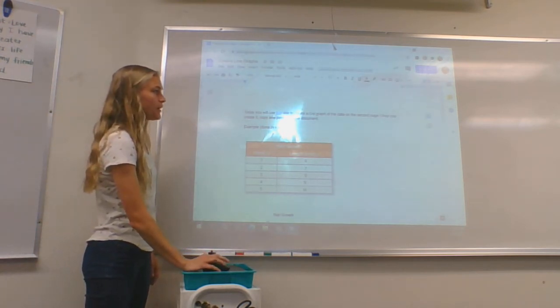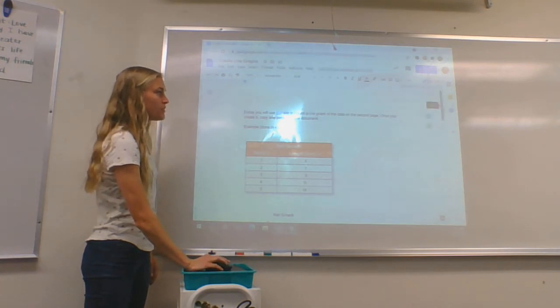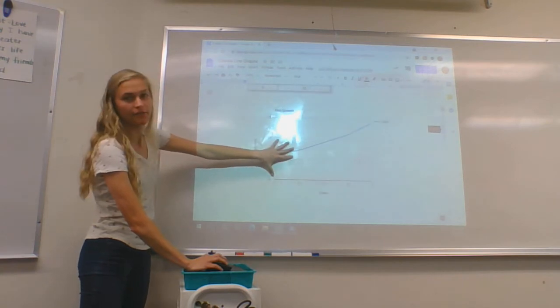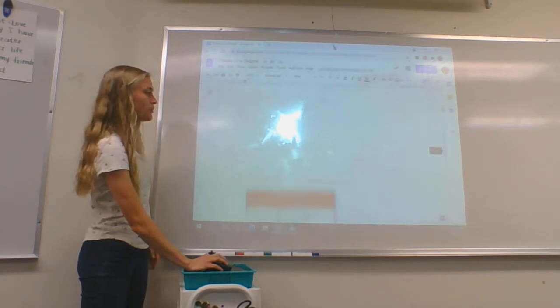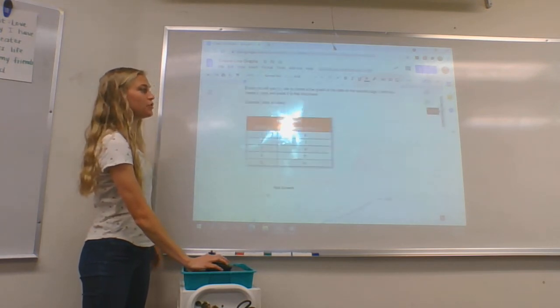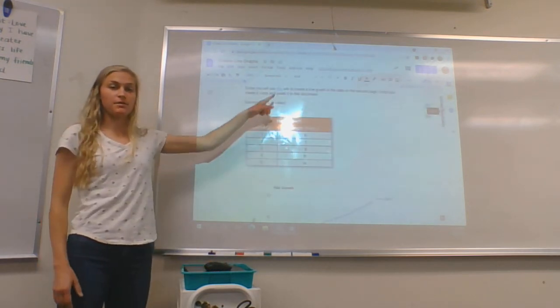So this first page is an example. Don't use this data, because then you'll get this exact graph. That's what I did for you as an example. But you will use this data. However, I'm going to show you what this one would look like on the website so that you know how